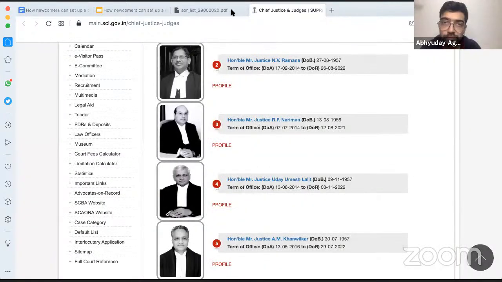Wow, super insightful, right? You have other examples. You have Justice Goyal, you have Justice Mishra. They all were AORs. They didn't have a trial, right? Justice Indu Malhotra, can we also see Justice Indu?